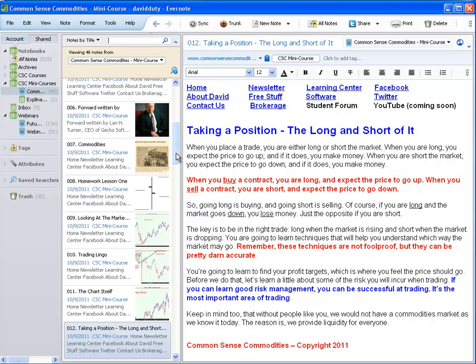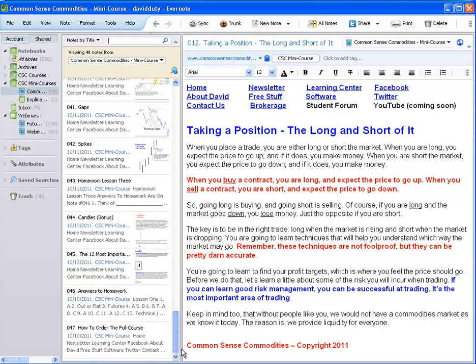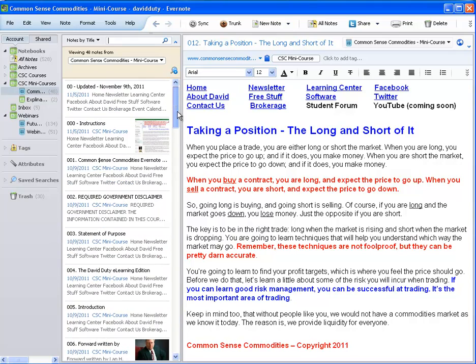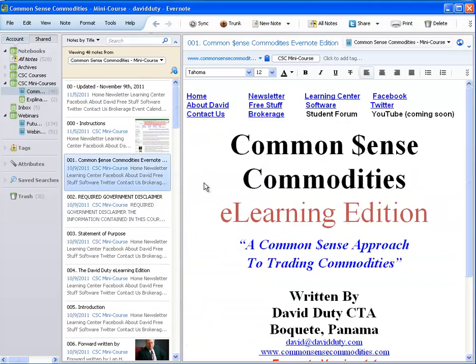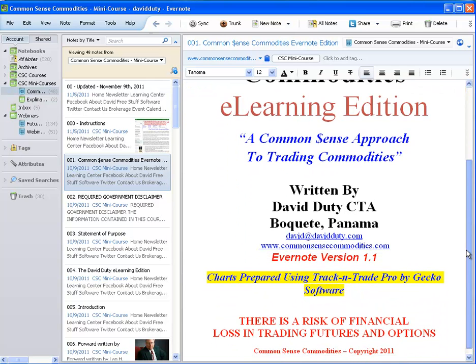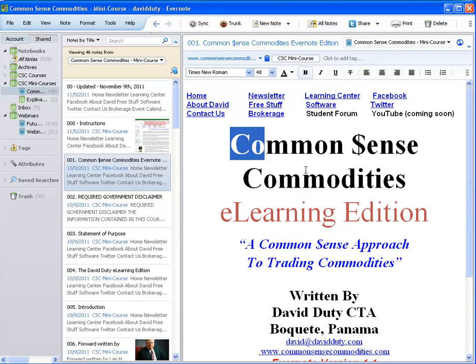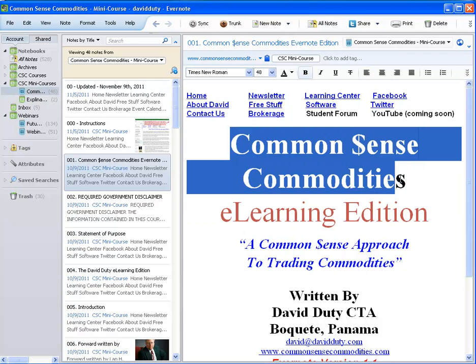And like I said, I'm going to be putting all my course materials into an Evernote notebook. So when you become a student, you're still going to get the paper version of the course, like the Common Sense Commodities course is 450 pages. It's printed. It's in full color. It comes in a nice binder. You'll still get that. But then you'll also get the Evernote version of the course,